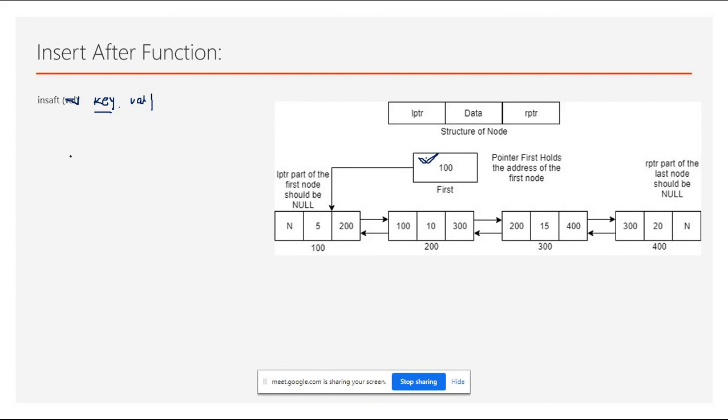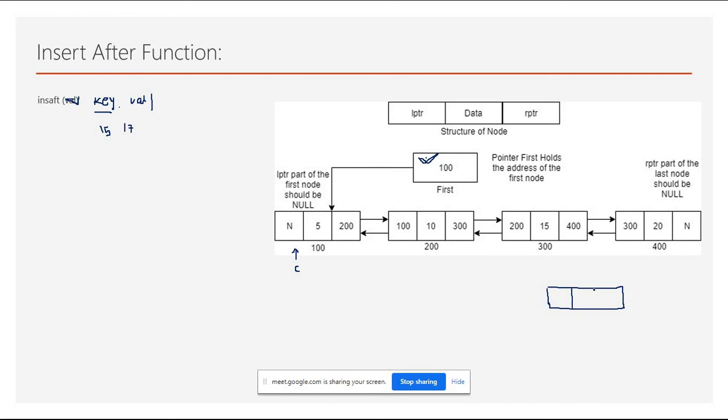And the second part is you have to find this key value. So I need to put my current pointer over here and search. For example, the user says the key value is 15 and I want to insert 17. You just have to create a new node like this.